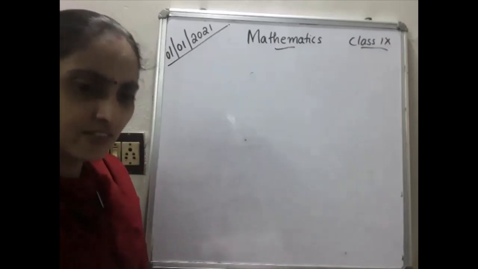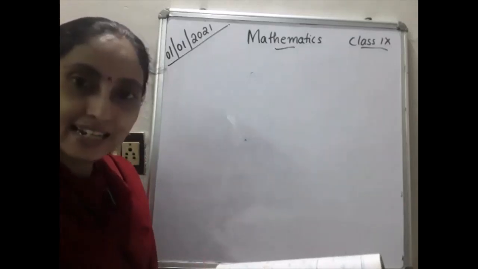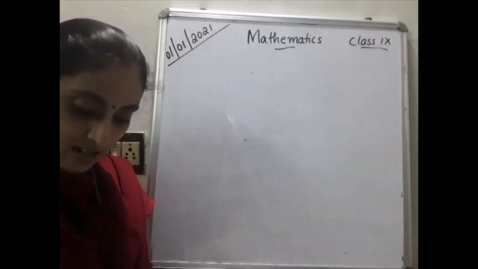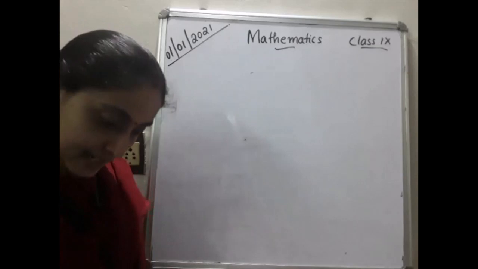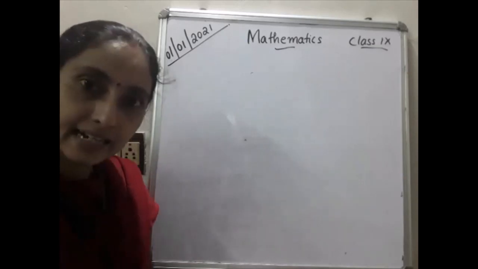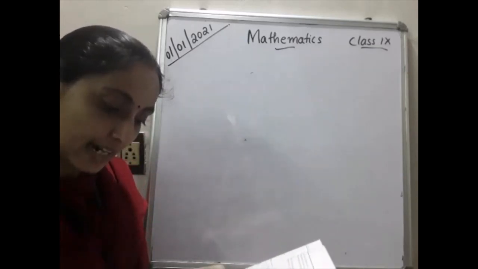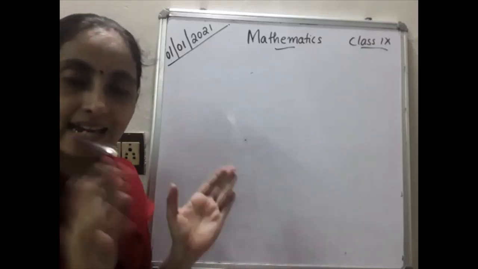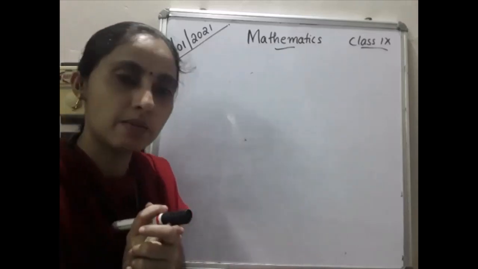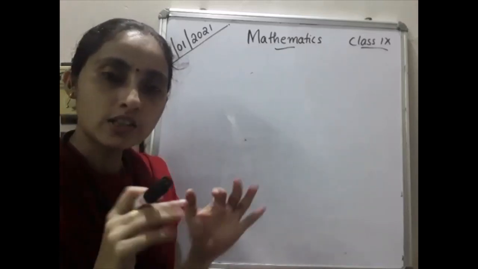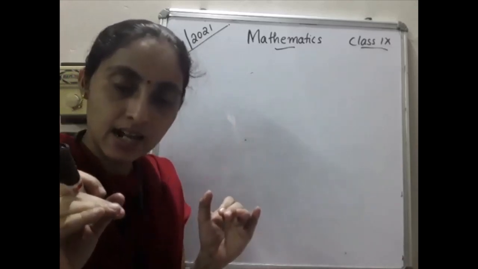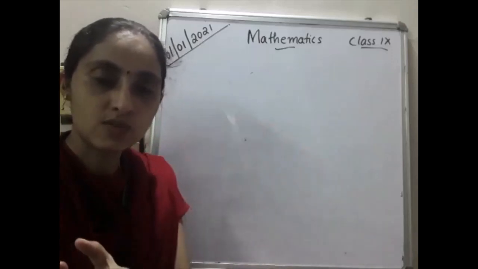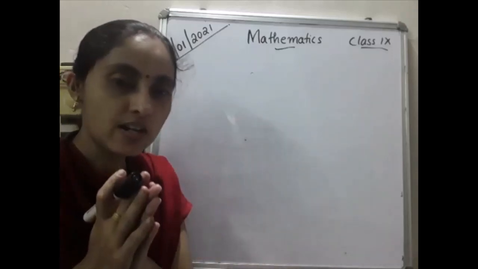Can I start with a simple question? I'll start with question number 6. ABCD is a cyclic quadrilateral whose diagonals intersect at a point E. So we need one cyclic quadrilateral. What do you mean by cyclic quadrilateral? Cyclic quadrilateral means all four vertices are on the circle. And what is the specialty of that? Opposite angles sum is 180 degrees. That is the condition of a cyclic quadrilateral.